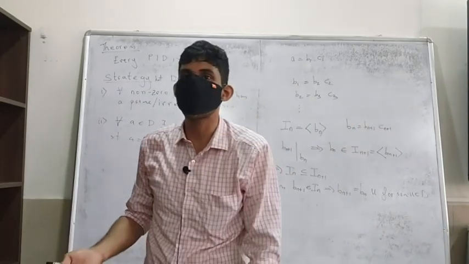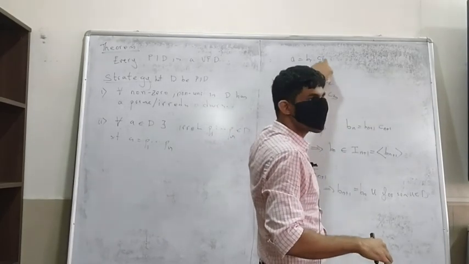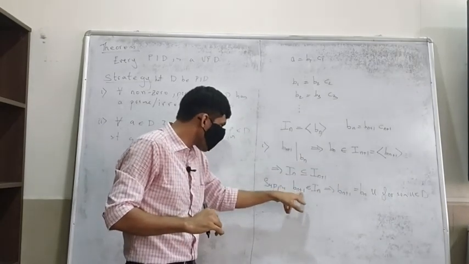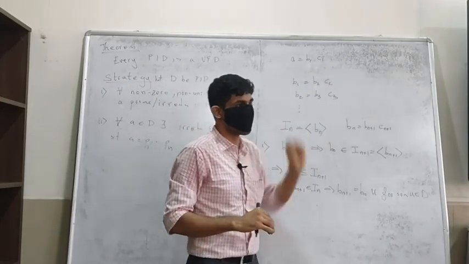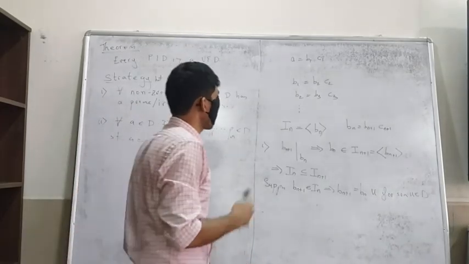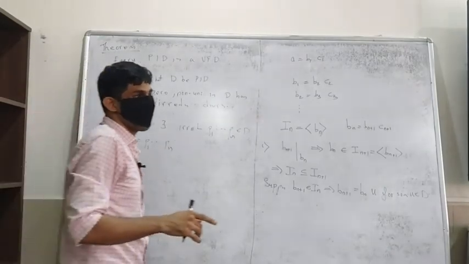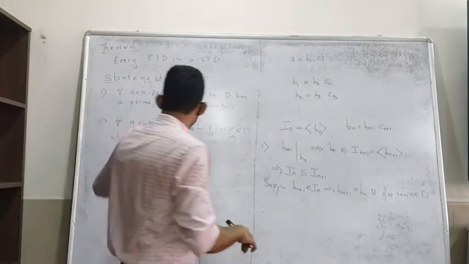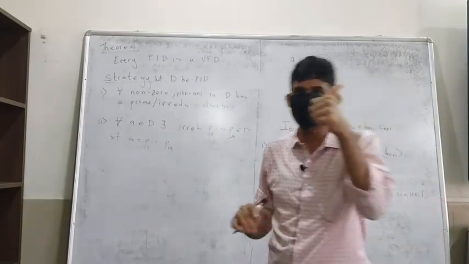What does that tell you about Cn plus 1? Cn plus 1 is a unit, but by construction all these Bi's and Ci's are non-units. So suppose Bn plus 1 was in In, it would show you that Cn plus 1 is a unit, which is a contradiction. So what have we contradicted? The assumption that A has no irreducible divisor. Therefore any non-zero non-unit has an irreducible divisor. So we proved one part of it.